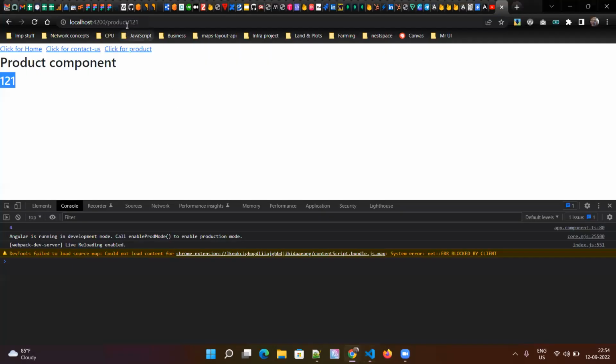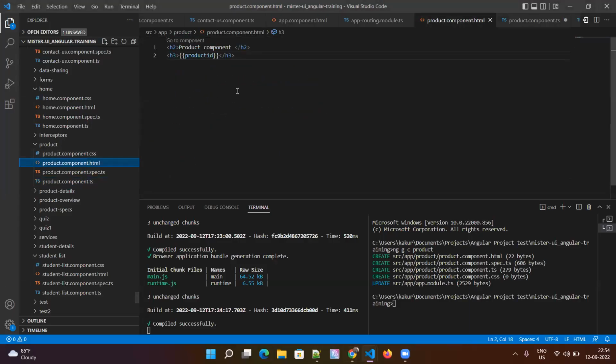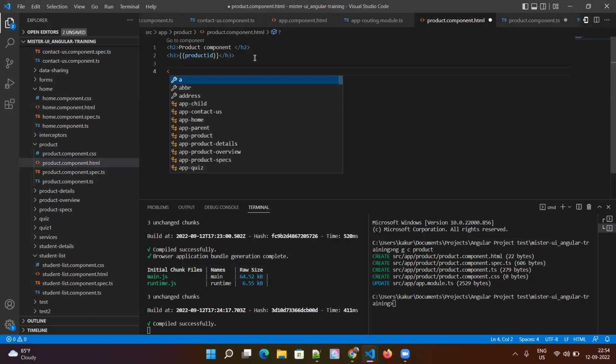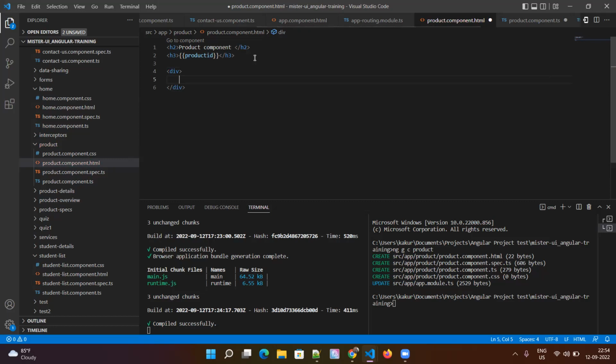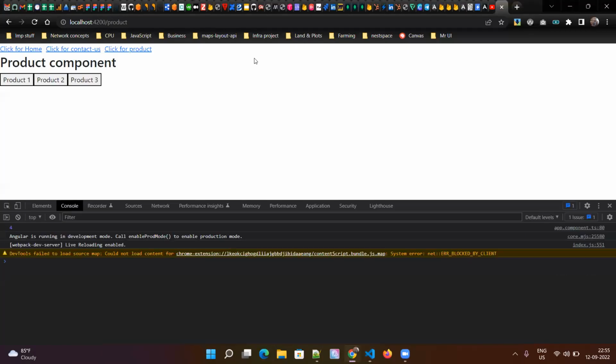Let's say you have a product page. Assume that this is your product page. Now let's say you have a list of products here. Let's do one thing, let's add this list of products here. A div with buttons: product 1, product 2, product 3. Okay, I have 3 products,